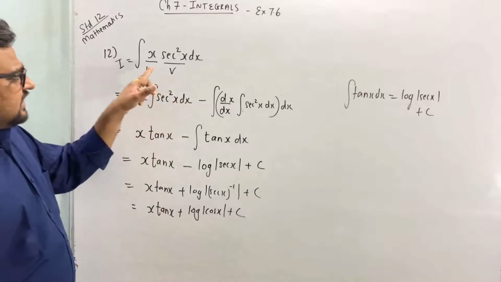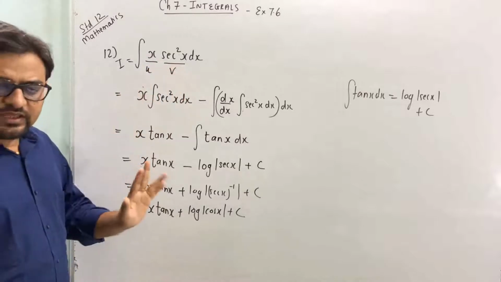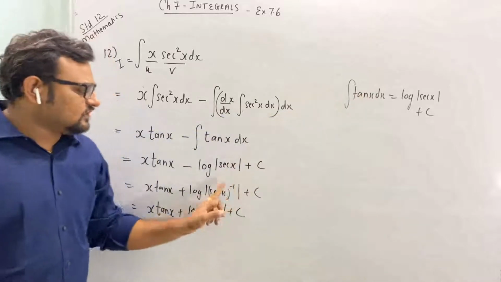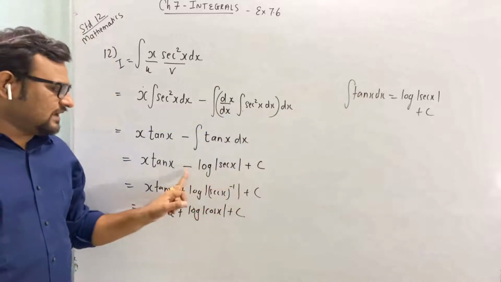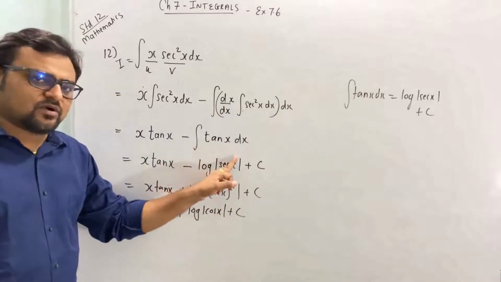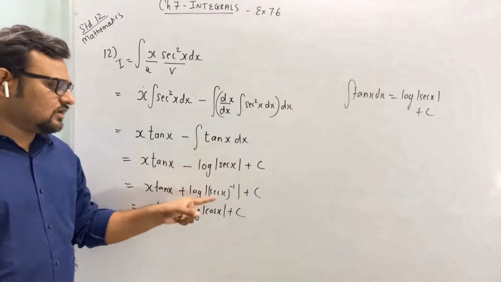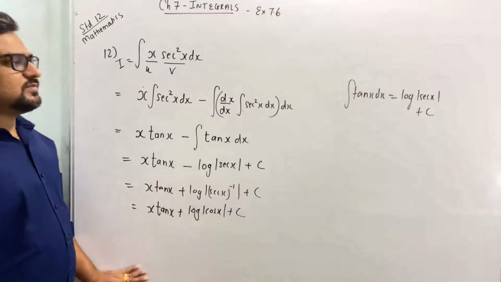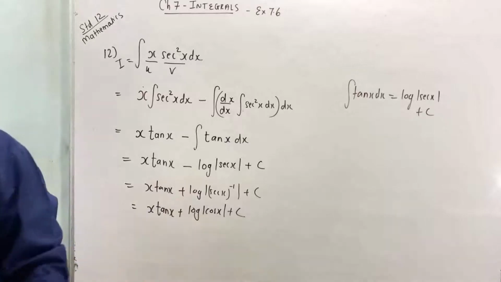I'm repeating once again. I had taken this u and v. We had used the formula. Here you got 10x and we used this log of sec x. Now the minus sign was there, so we have taken here the power and then it becomes reciprocal. 1 by sec x is equal to cos x. Okay, so this was question number 12. Let's go through this question.